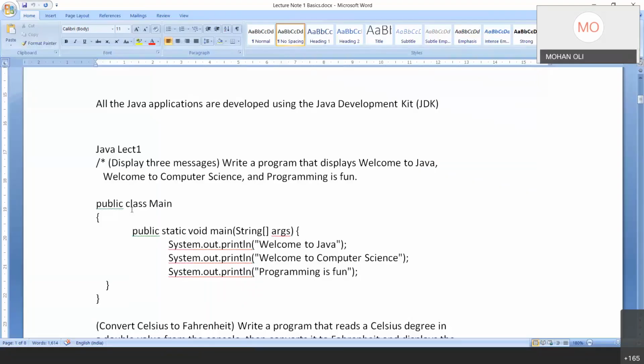So kindly pay attention. First question to you: System.out.println, where is it available? You can type it in the chat window.